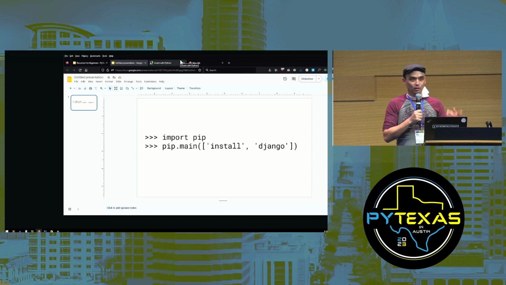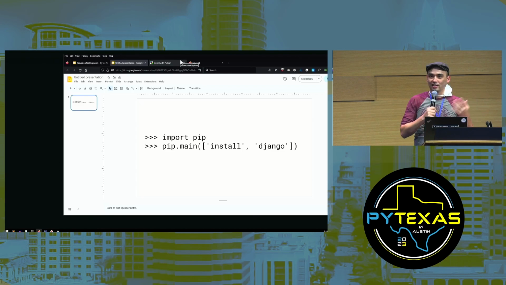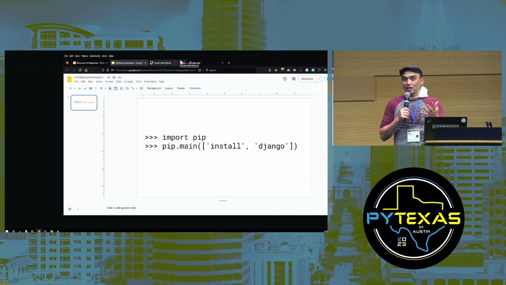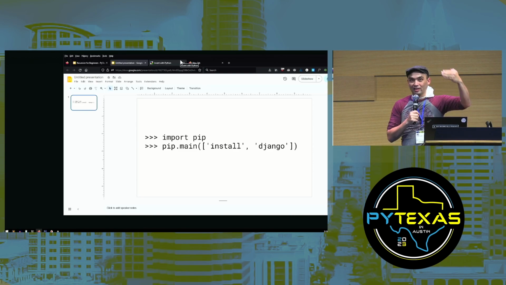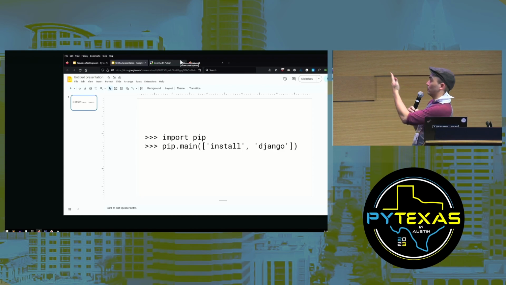It works on Windows, it works on Mac, it works on Linux, it probably works on FreeBSD. I haven't checked. It works even if they have multiple versions of Python installed, because whatever the interactive shell that they're using, that's the one that's going to install to. If you've ever had that problem where for some reason the environment variable was set up where pip was for a different version of Python than the Python thing was, just so many headaches. You can run it from the interactive shell.